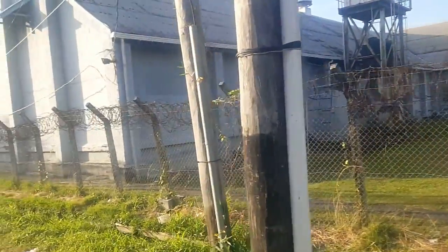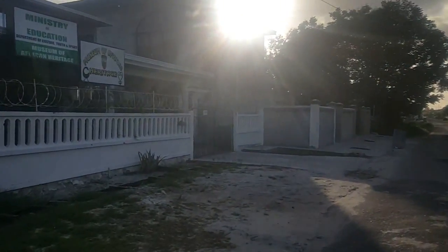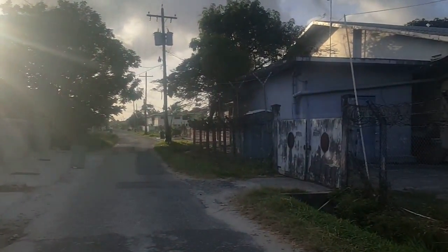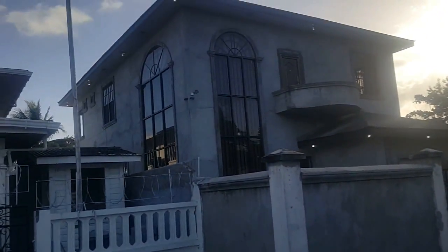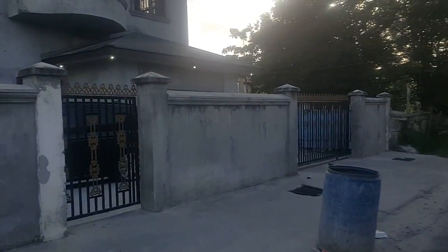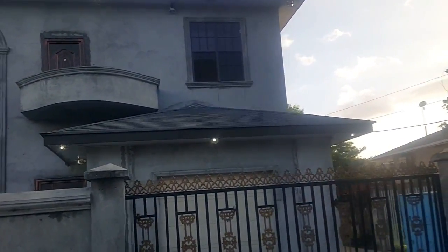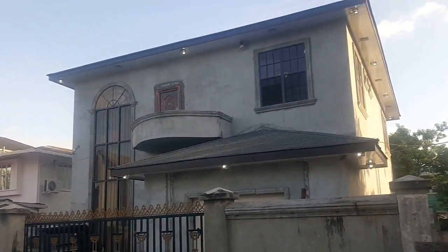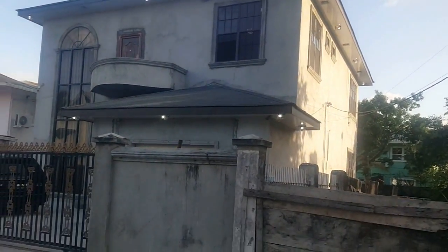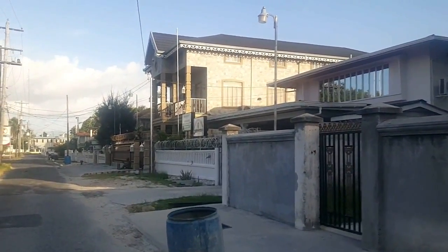Again, across the street is the Guyana National Newspapers Limited. Right, so what's been happening more recently is a different kind of housing development. So this is more of an Italian style house made of concrete, probably built within the last 12 months. And further along,